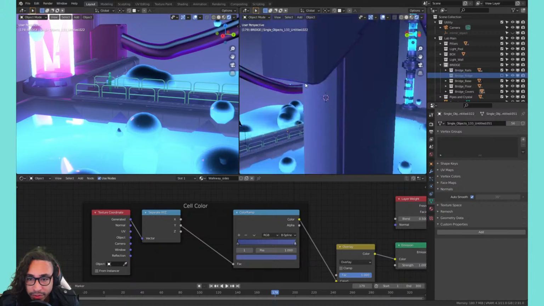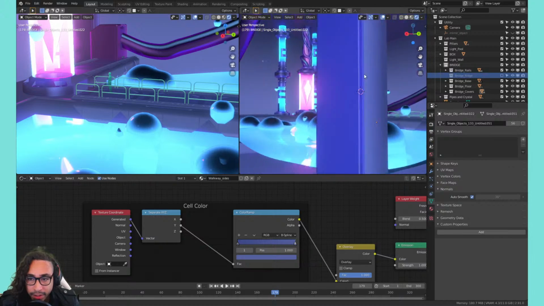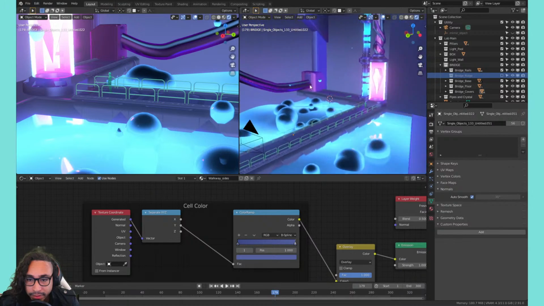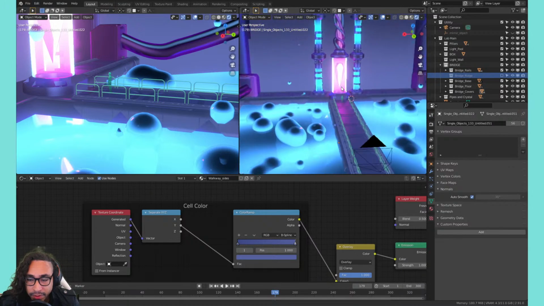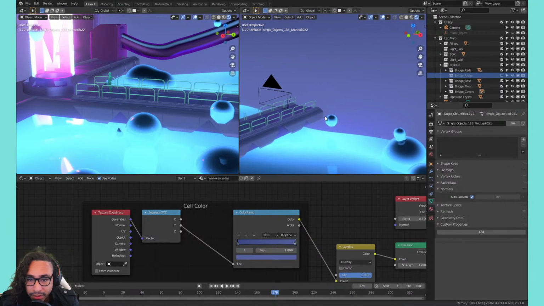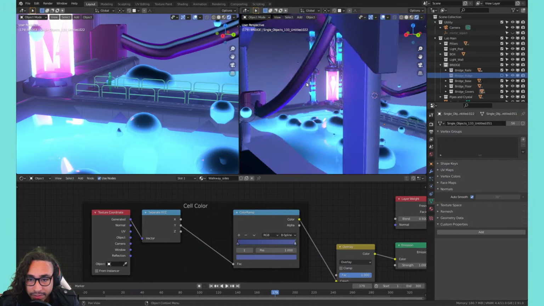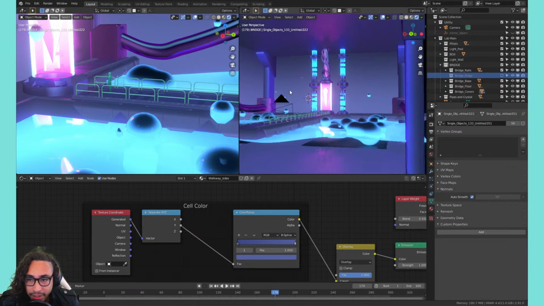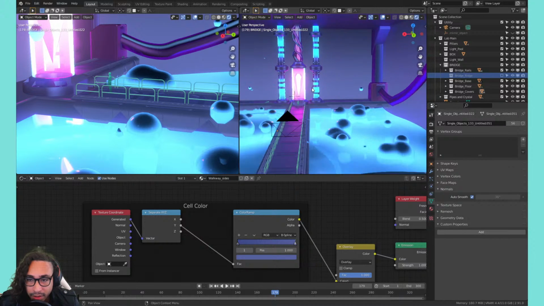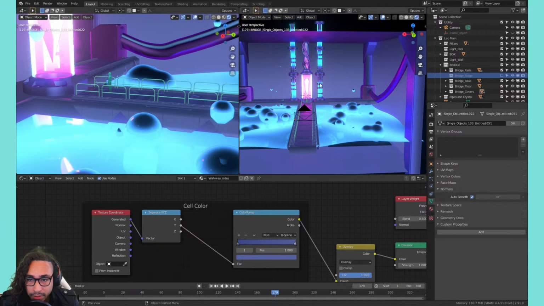Let's see if we can do something. Let's see what I want to do. Do I want to make the sci-fi doors, which would be here, or start messing with some materials and see if I can make some interesting designs on the wall? Oh, let's do the wall. Let's do some designs on the wall, and if that doesn't work out too well,